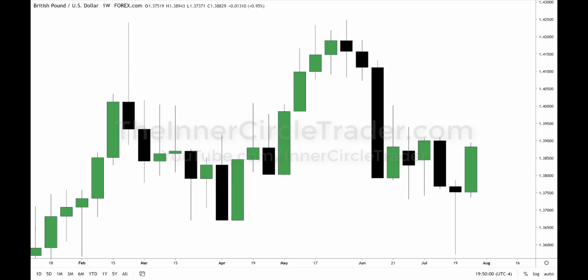Years ago I taught that if you find a level that's too clean, and it's too straight-edged, chances are it's probably going to get swept. What do I mean by that? Well, if you look at this area right here,